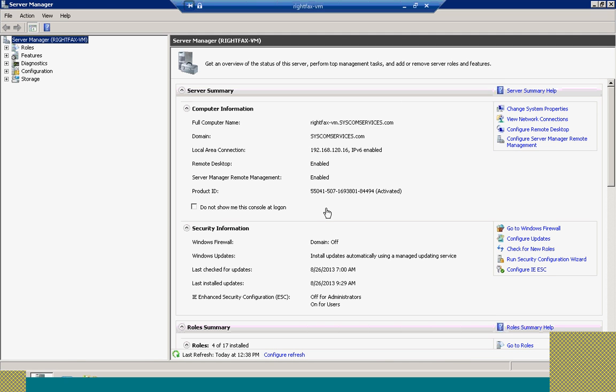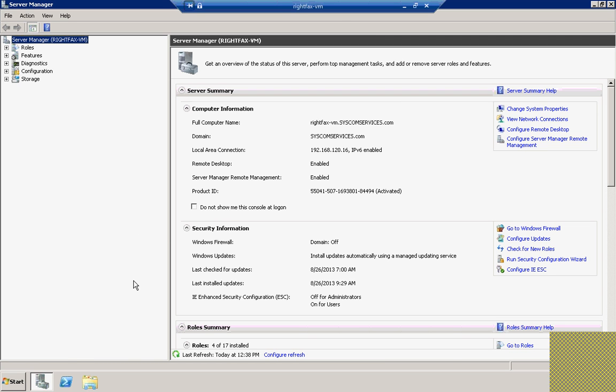So oftentimes there's a need to run reports to see what kind of volume you're having on your RightFax server. In order to do this, you need to use the RightFax Enterprise Fax Reporter. This is installed as a part of the administrative utilities installed, and that is generally going to be installed on